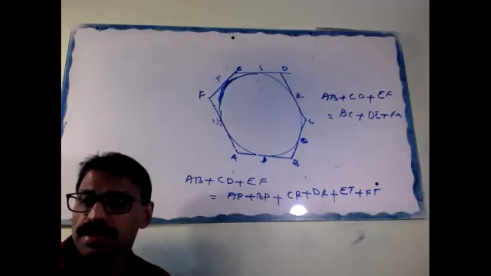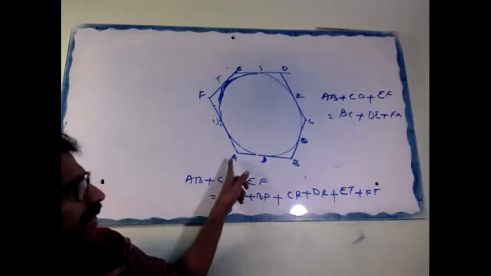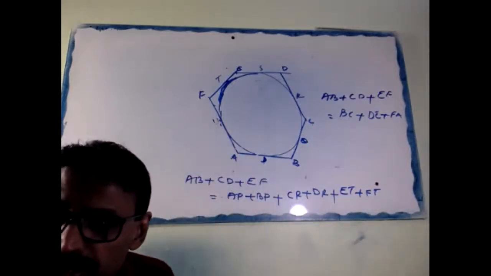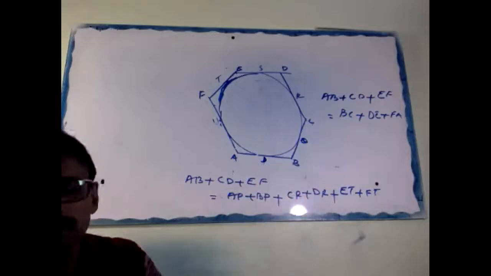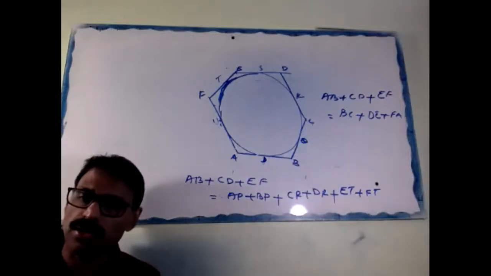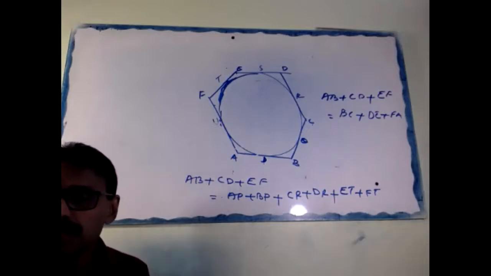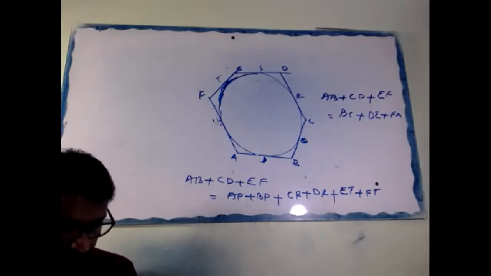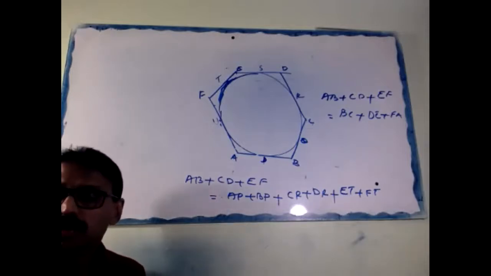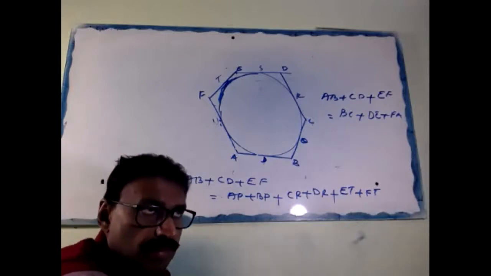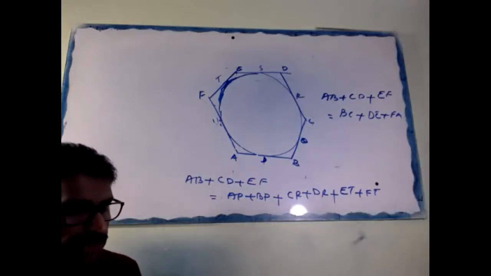Yes, same, Lakshmi. That's why I used only tangents from external points are equal. Correct or no? AP equal to AU, tangents from an external point are equal. BP equal to BQ, same. Okay. Clear or not? Hello, finish it first. So one more class is enough for this chapter to finish it.